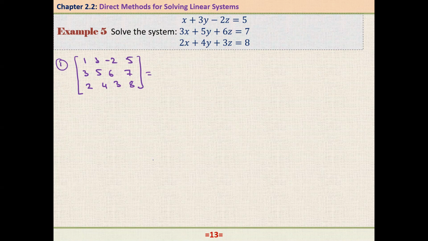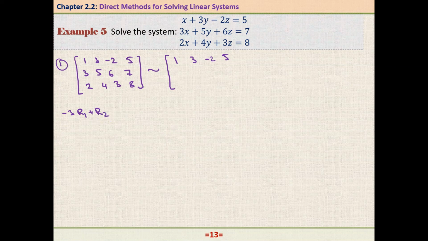All right. So by Gaussian elimination, the first thing is to write the augmented matrix. Now we have to reduce this to row echelon form. So here let me just write the first row, 1, 3, -2, 5. And I need to create zeros under 1, right? To do this, the first step is to multiply the first row by -3 and add it to the